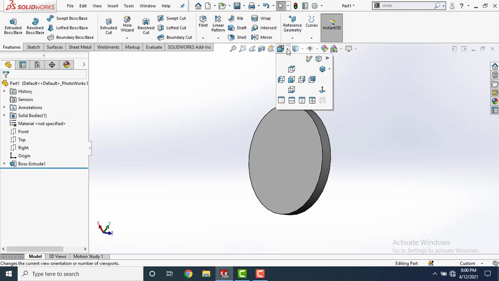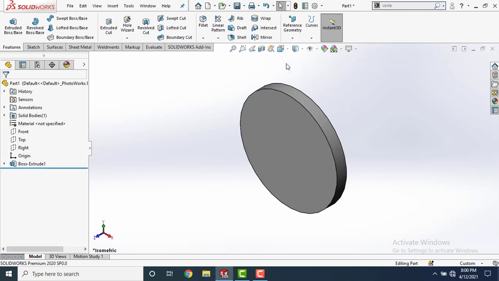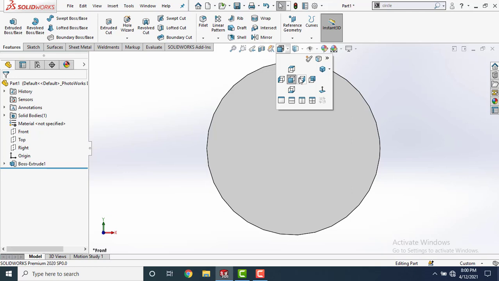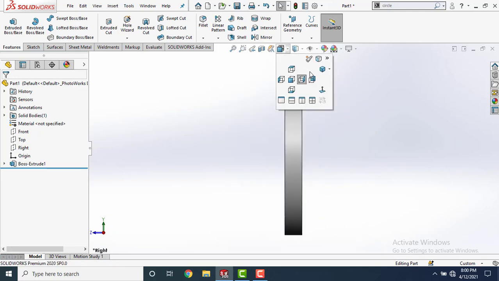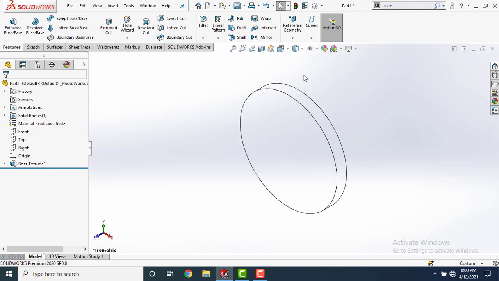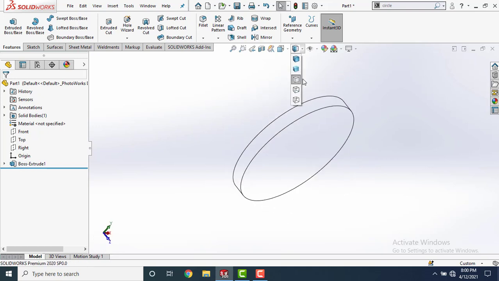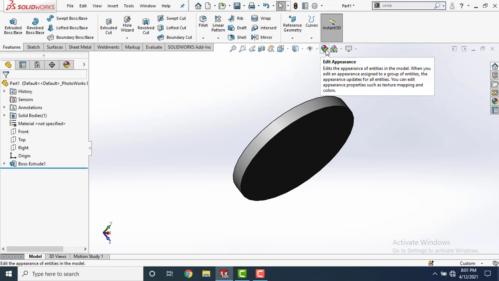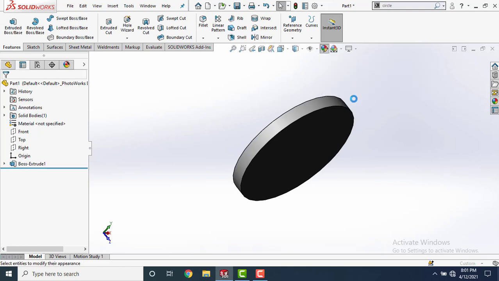This option is for the orientation of the model. Various orientations are available here. This is the display style tab, in which you can change your display style. This is the option where you can change the color of your model.